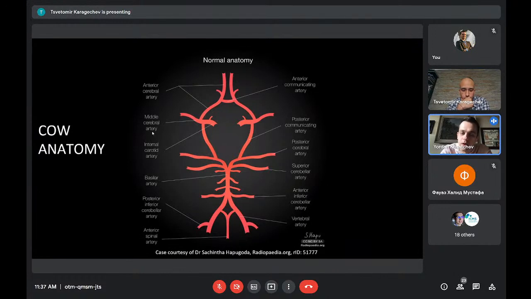The branches that come out go to the brainstem, the posterior part of the brain, and also really importantly, they give the posterior communicating artery that goes to the front, because as you know, this is the circle of Willis. Everything is connected. It's really important because it provides collateral blood supply. In case of infarction, that's what saves a person's life initially.